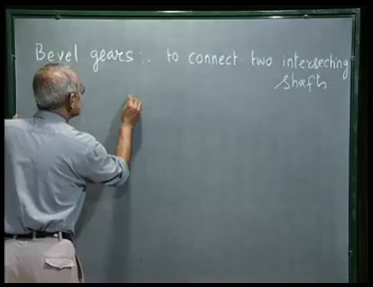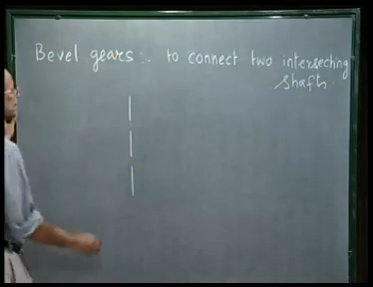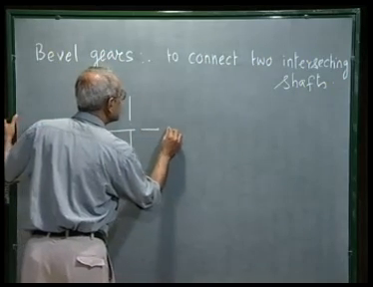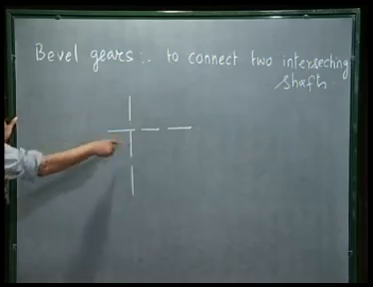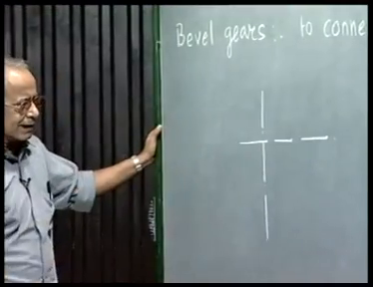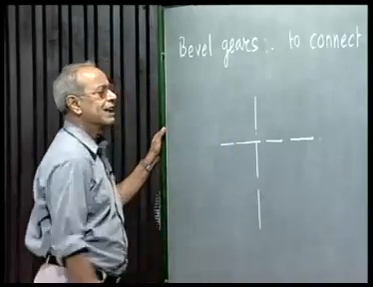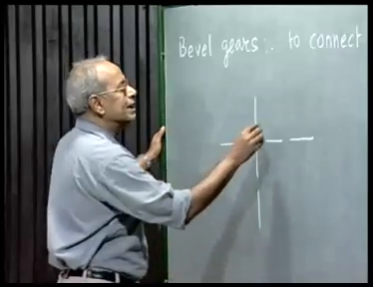Suppose this is one shaft axis and the other intersecting shaft axis is like this. I am taking the angle as 90 degrees, it need not be 90 degrees, just as an example I am talking of two shafts intersecting at 90 degrees. Then they can be connected by